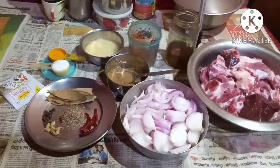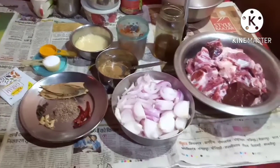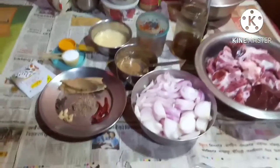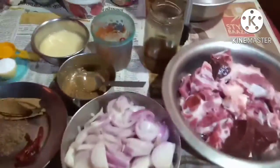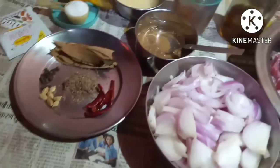Today I am going to make mutton curry which will be very spicy, delicious and tasty to eat. So I will show you the ingredients I am going to use now. That is 1.5 kilo mutton, onions about 6 to 7 sliced up,